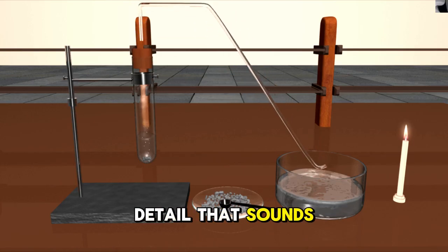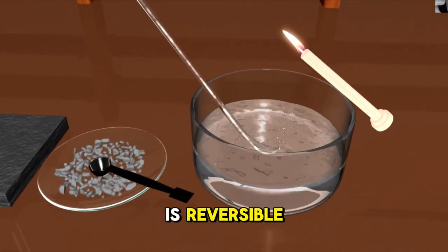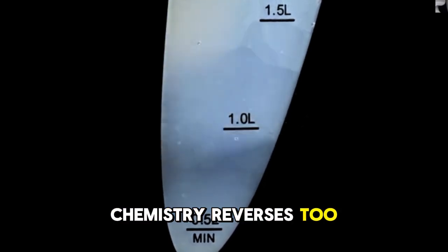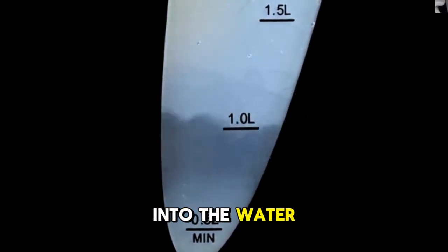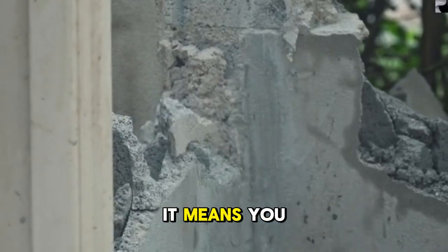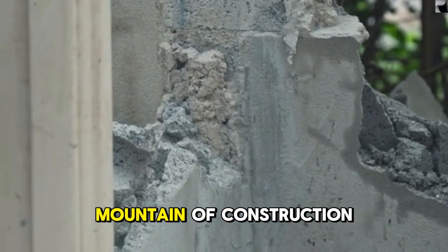And in a detail that sounds almost too convenient to be real, the whole process is reversible. Flip which electrode is positive and which is negative, and the local chemistry reverses too, dissolving the minerals back into the water. The stone turns back into sand. That's not just a neat trick. It means you could theoretically build, modify, or remove a structure without demolition equipment or the mountain of construction waste